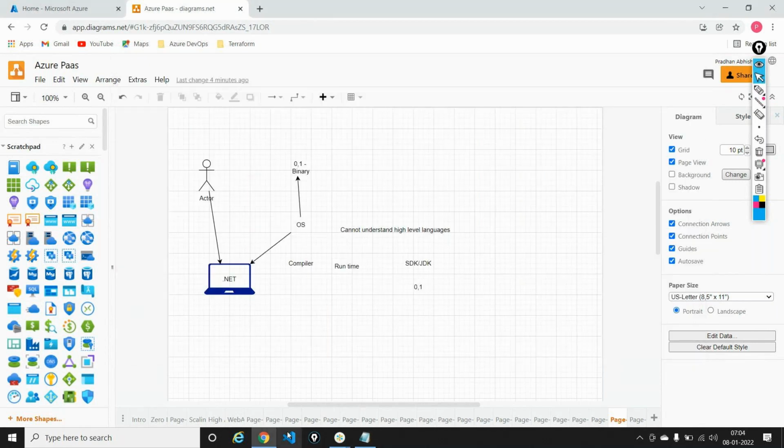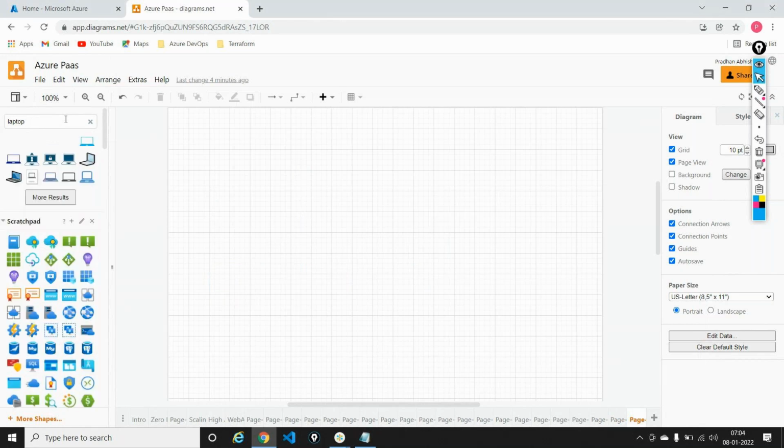So we had our laptop, a local machine, and in our local machine we had Visual Studio installed.